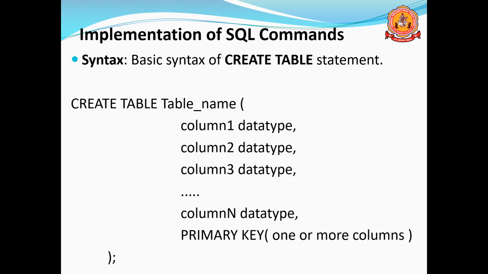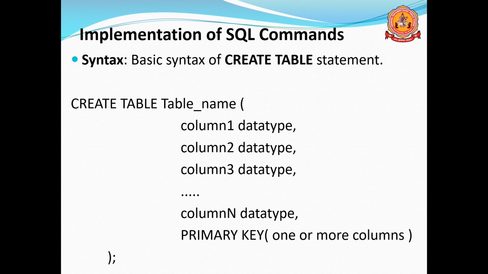So the syntax is create space table, then space, you have to give the table name. Whenever you are going to give the table name, you should know how to name the identifier. Already we discussed in C++ how to name the identifier. Space should not be given, the underscore is possible, and everything should be followed here when we give the table name.